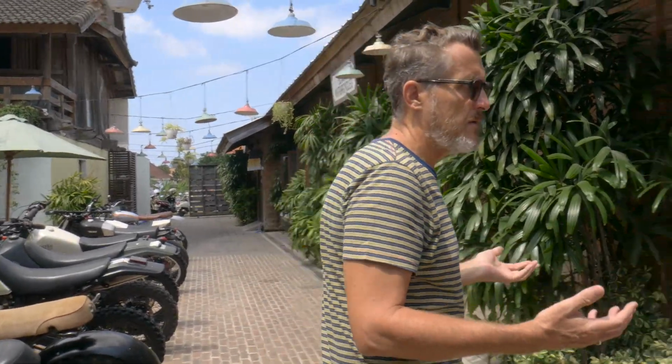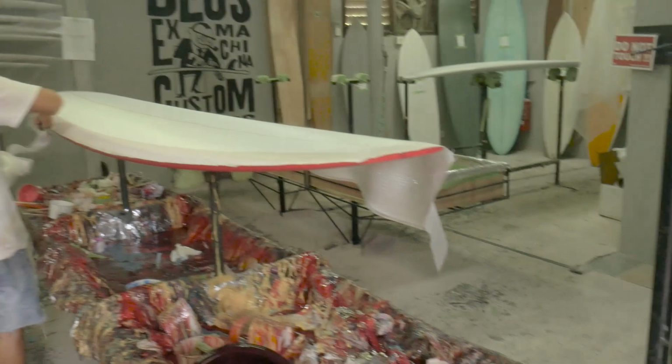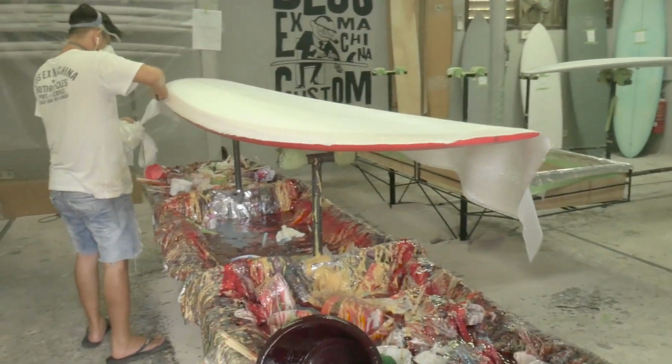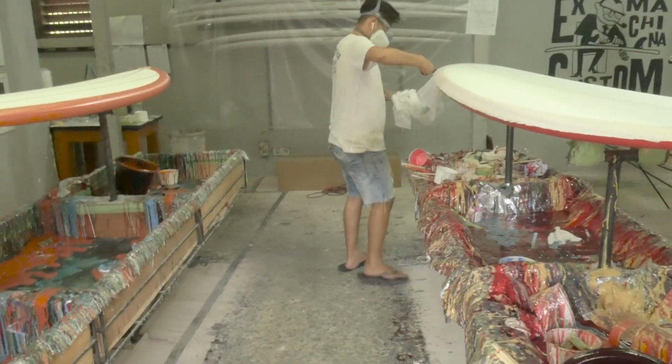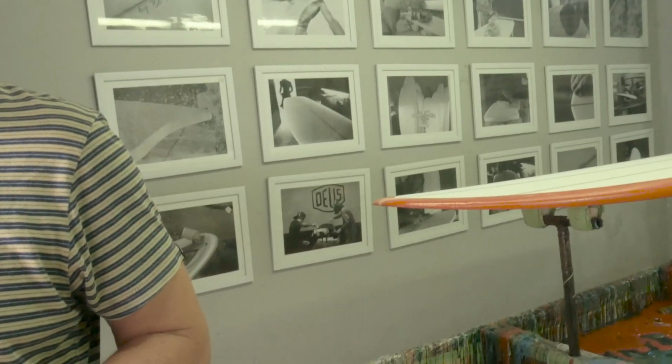And being in Bali, we don't only make motorcycles, we also make surfboards. So in here we're glassing surfboards. But I don't know quite well your story, but I was told that surfboards were the beginning, I think. No, it's actually motorcycles. Motorcycles. So the company itself started in Sydney in 2005, 2006, and